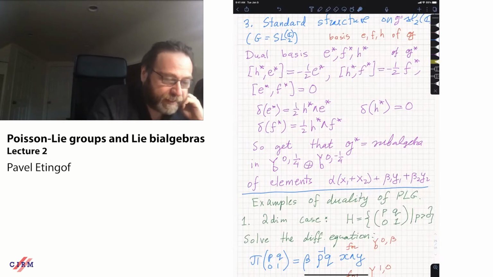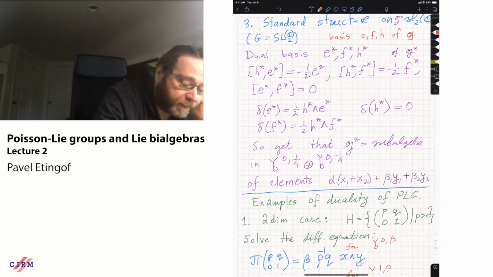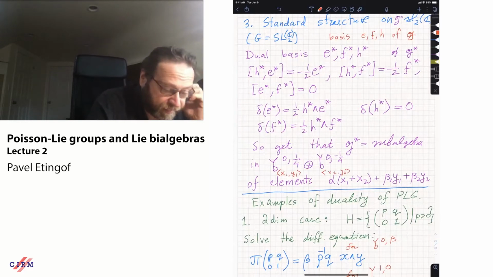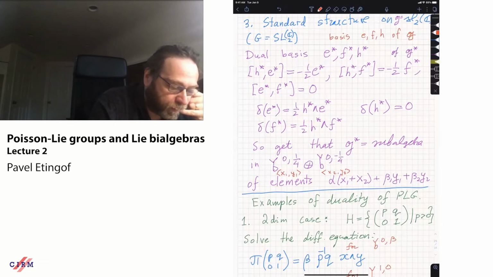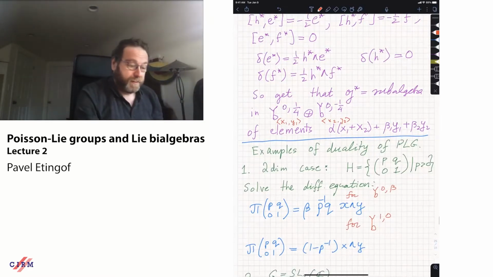So there is a basis in the first copy of B, there is a basis x1 and y1, and here there is a basis of x2 and y2, and these are elements alpha x1 plus x2 plus beta 1 y1 and plus beta 2 y2. And the co-product corresponds to the 1/4 here. All right,